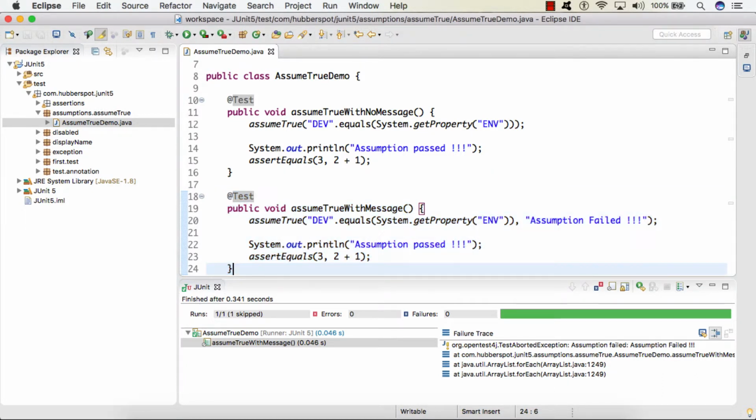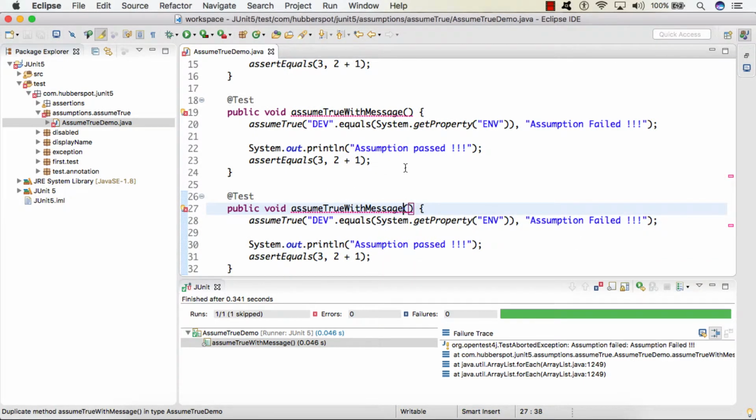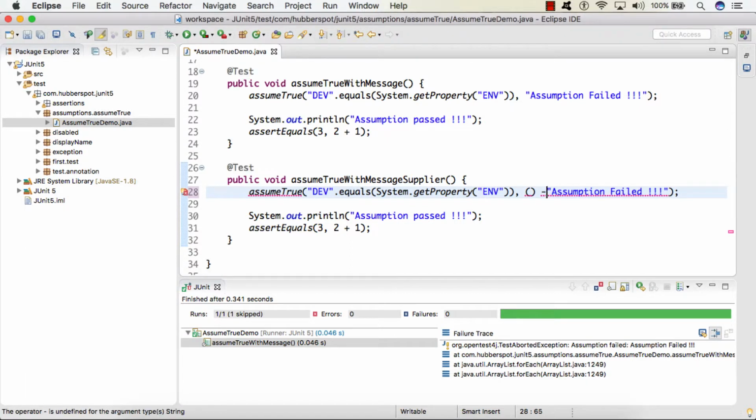Now let's see the demonstration of the third overloaded method. So I'll give a name to it as assume true with message supplier. So the scenario remains as it is. Instead of providing a direct string, we provide a supplier function interface whose syntax is something like this. So if I run the test case, you will see the same output.